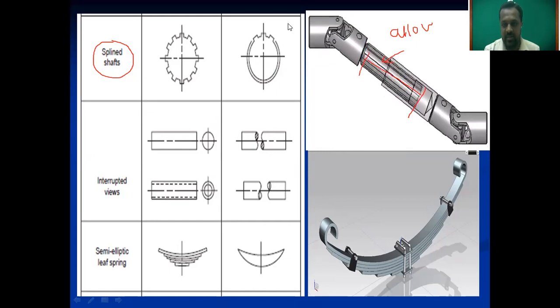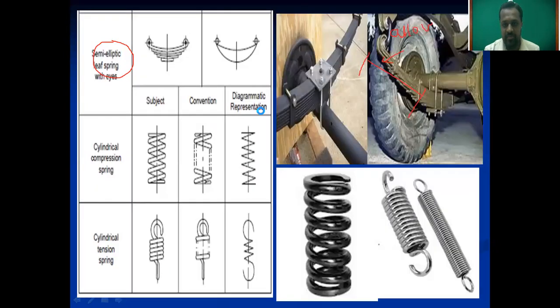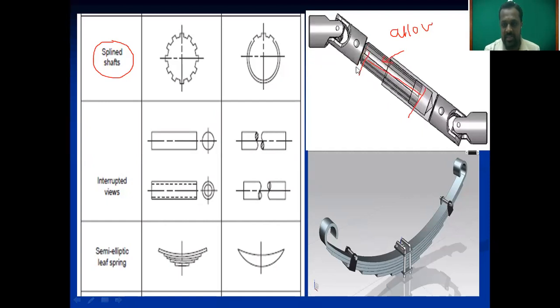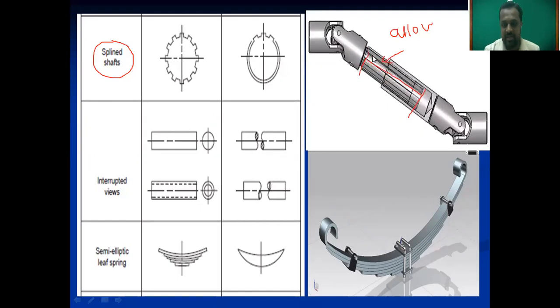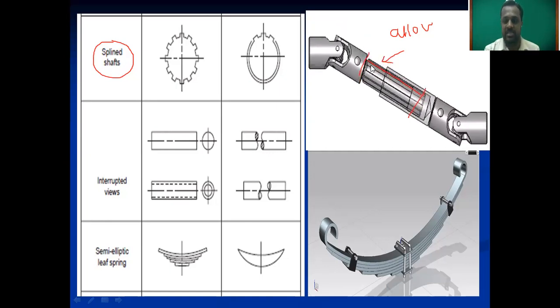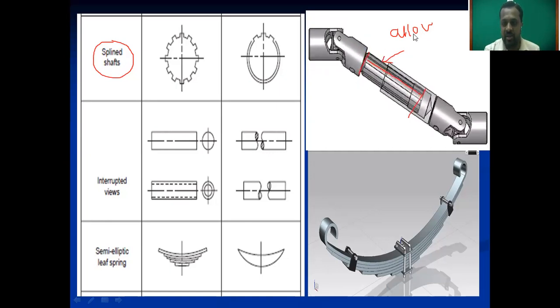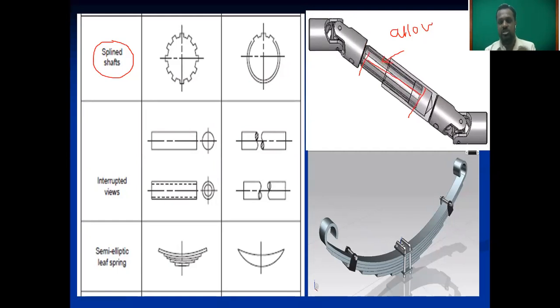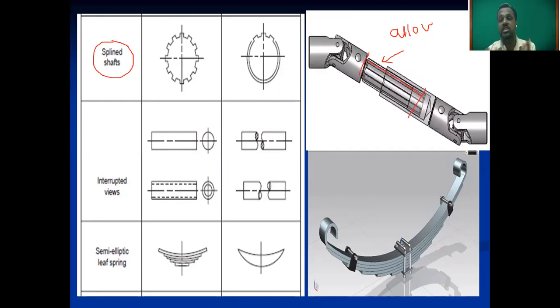Generally in that propeller shaft, see, this is the propeller shaft, and inside the propeller shaft we are using this spline shaft. आता हे propeller shaft मध्ये आपण काय वापरलेले आहे? Spline shaft वापरलेला आहे. आणि त्याचा मेन हेतू काय म्हणालो आपण इथे? The spline shaft will allow the change in length.